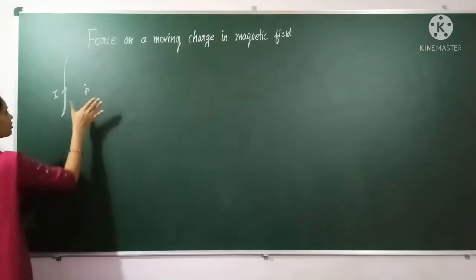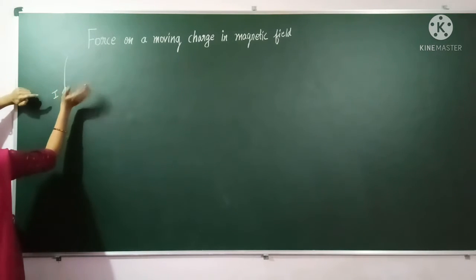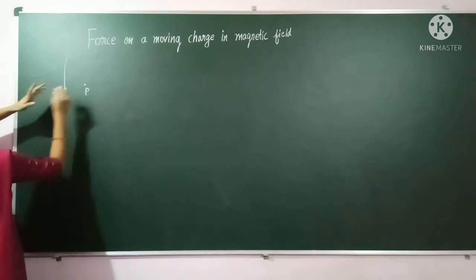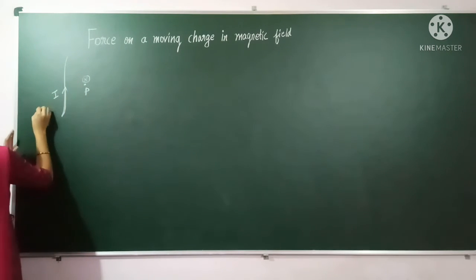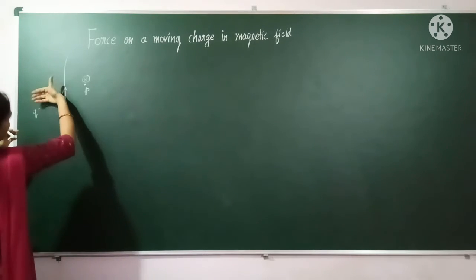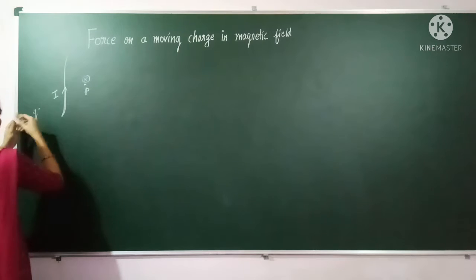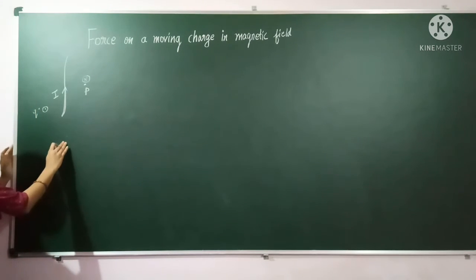Our answer is we will take our right hand palm rule, place the thumb in the direction of current and curl the fingers. If the fingers are curling inward, you will take the magnetic field as inward. Similarly, if you take point Q here, the fingers will curl outward. Outward magnetic field is represented by a dot. This thing we have studied.